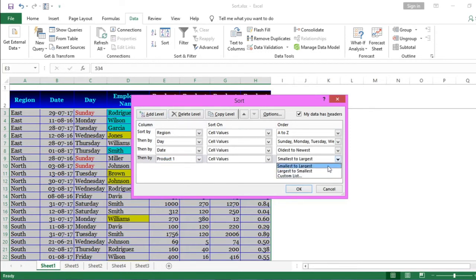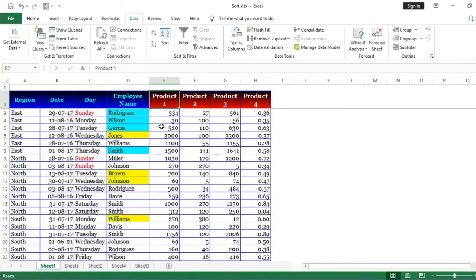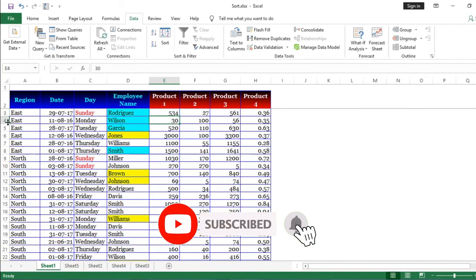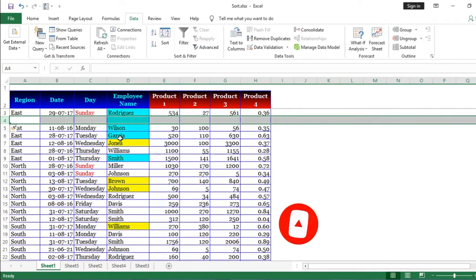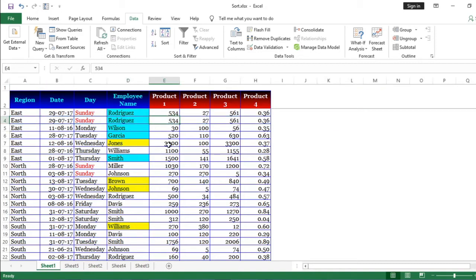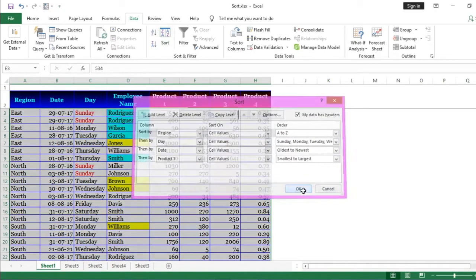Click OK. You may think the sorting is not done, but it is. The sorting is not showing because of the previous sorting orders and the unavailability of data. Let us test it. If I add another row here and copy all the data from above, then change this value to 400 and apply the sorting, the data is sorted.